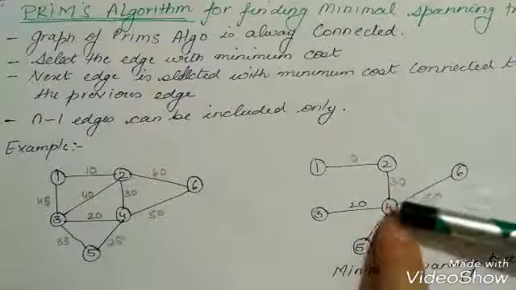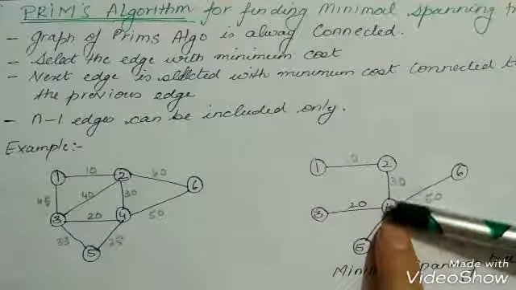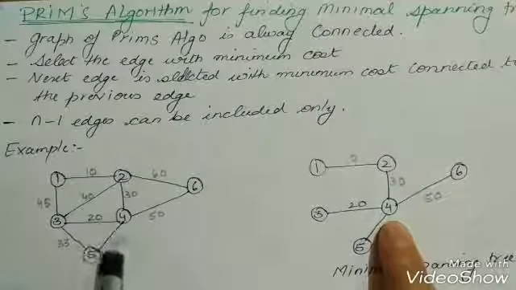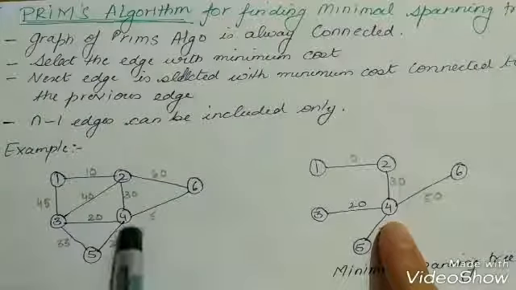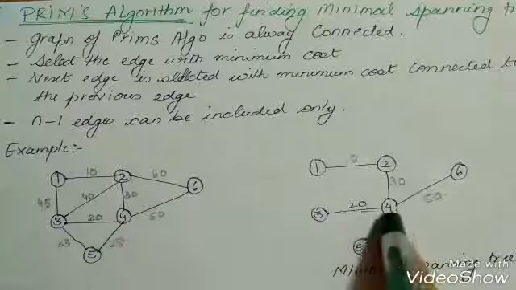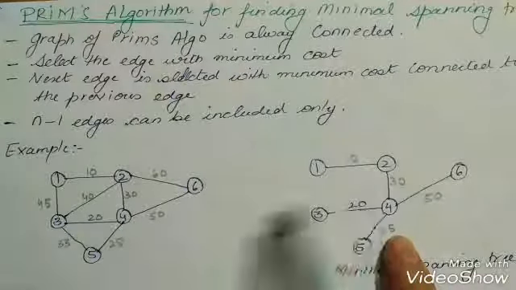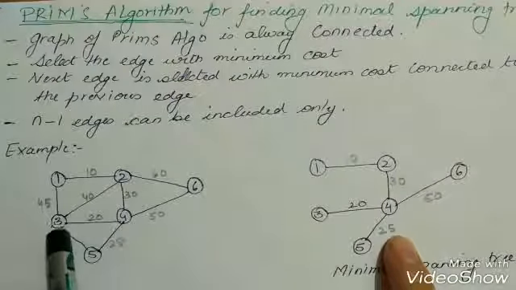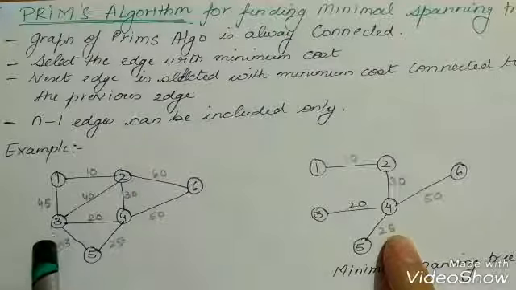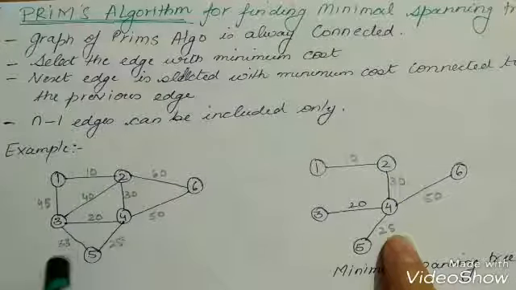Fine. Now we have reached node 4. So we will choose the minimum edge which is connected to 4. We can see that 20, 25, 50 are connected to 4. So we will choose the minimum edge, which is 20. We have drawn this edge from 4 to 3 with the weight 20. Fine, this is also done. Now we have reached 3. From here we choose the minimum edge for connection. Like we have 45 and we have 33.